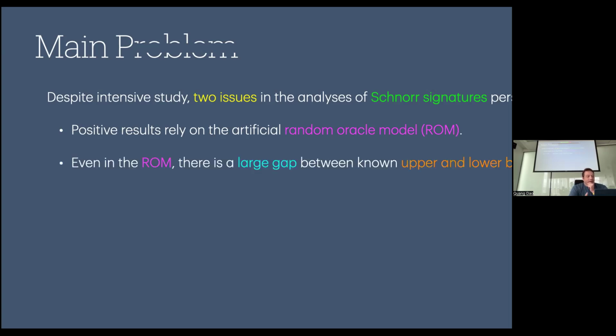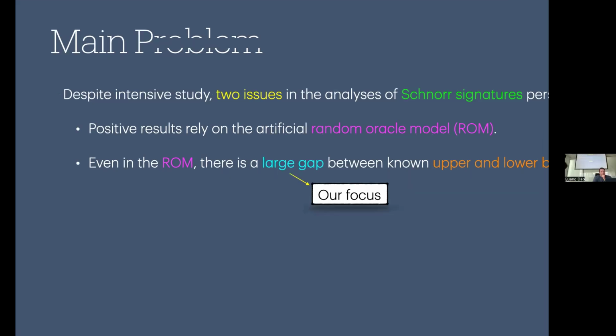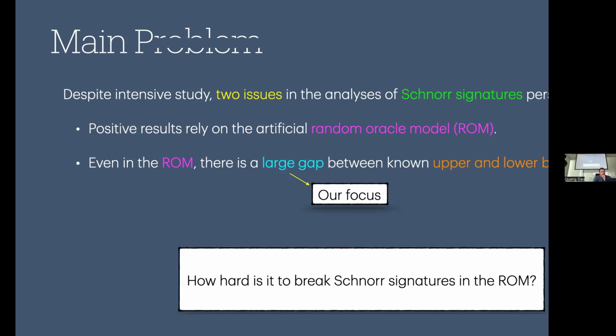And then even if we are saying, okay, we're okay with the random oracle model, the main problem is that there's a large gap between the known upper and lower bounds on the security of Schnorr in the random oracle model. We don't do anything to eliminate random oracles in this work. We just focus on the gap between the upper and lower bounds of security. In other words, we're just asking a question: how hard is it to break Schnorr in the random oracle